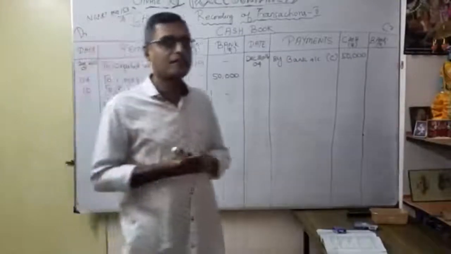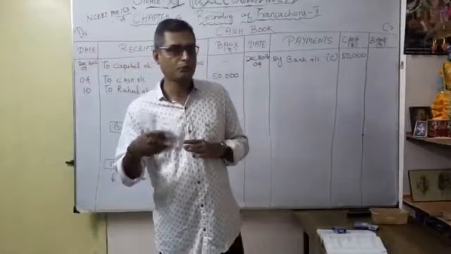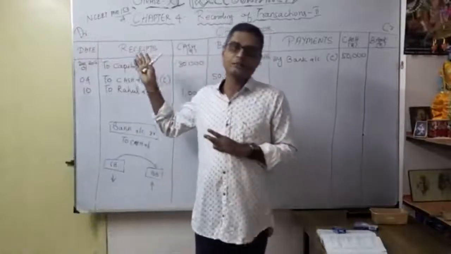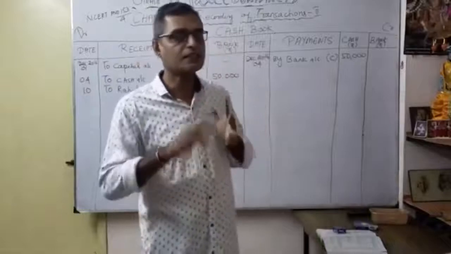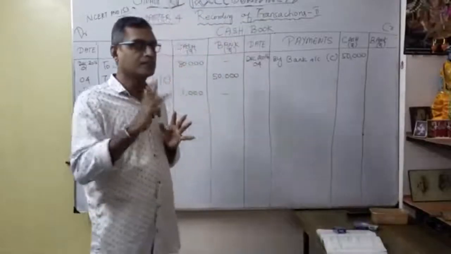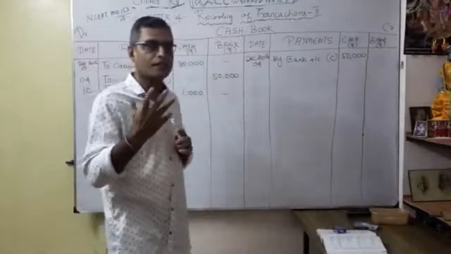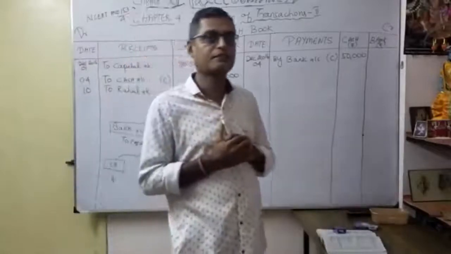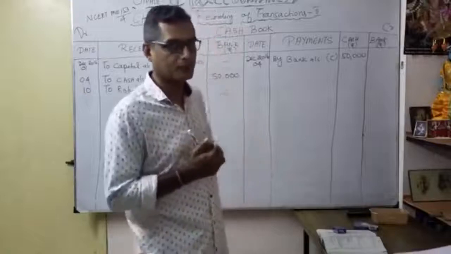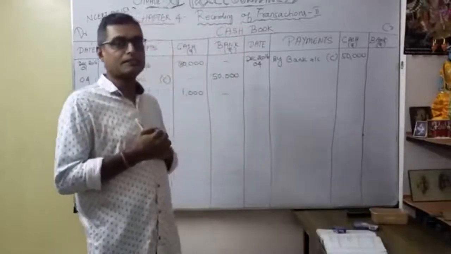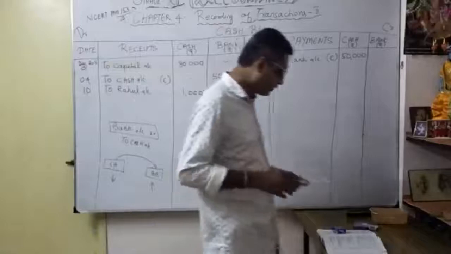So you have to write the journal entry, then do the posting, because now you are learning. Correct? Here I am posting directly in a cash book. Should be very careful whether it is a cash transaction or a bank transaction whenever dealing with a double column cash book. In a single column, no confusion, only cash transactions we can enter. But whenever coming to the double column cash book, should be very careful whether the transaction comes under cash or bank. Okay. Now this entry is over.